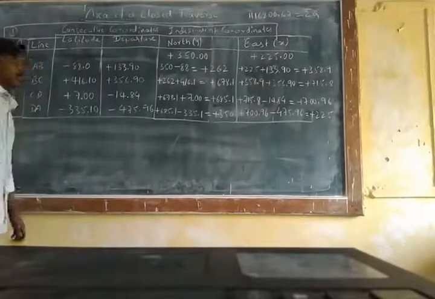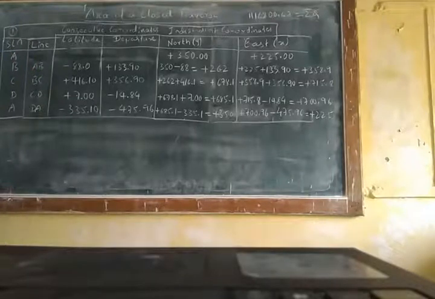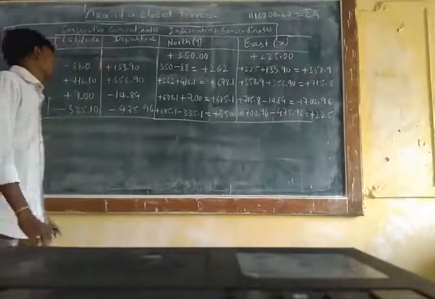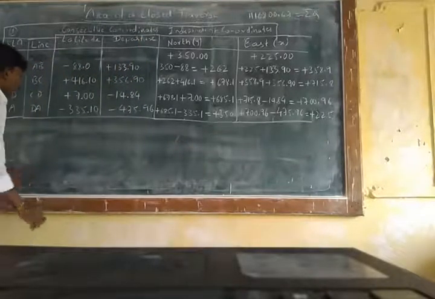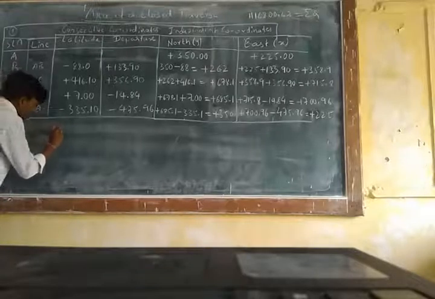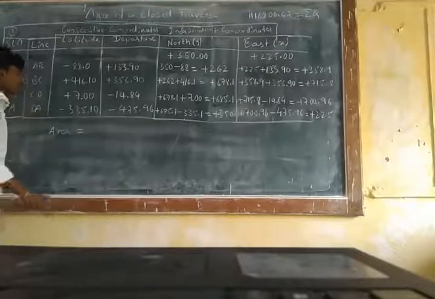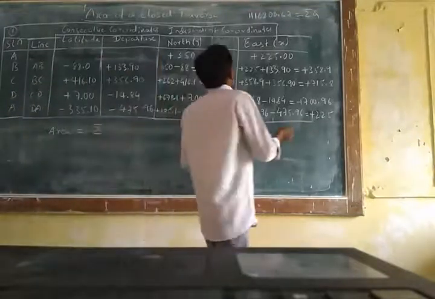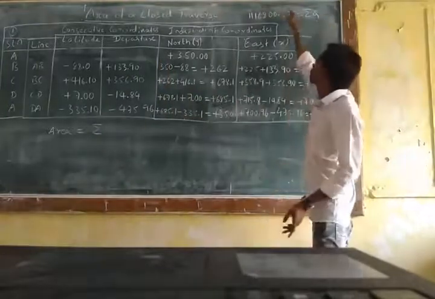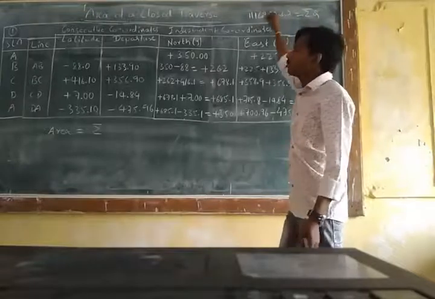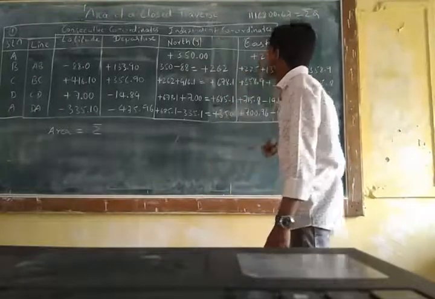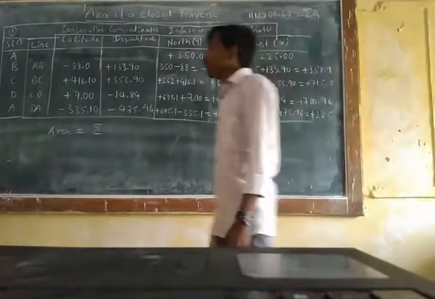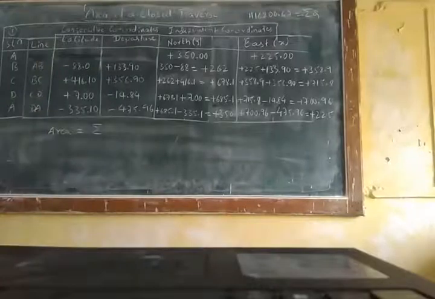So students, now let's calculate the area. You can calculate twice the area, but we need the area, so directly we can calculate it. The formula for area is equal to sigma, oh sorry, let's check it out. I have written sigma Q, or summation of Q, here, and I have the summation of P value also. Let's check whether summation of Q or summation of P is larger, so that we can deduct accordingly.